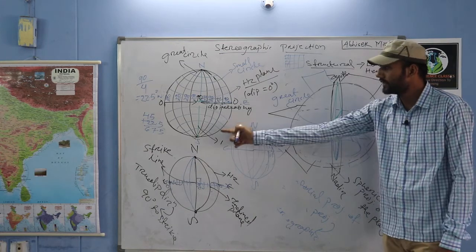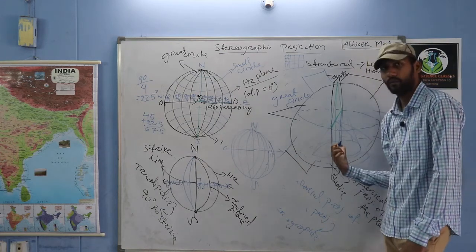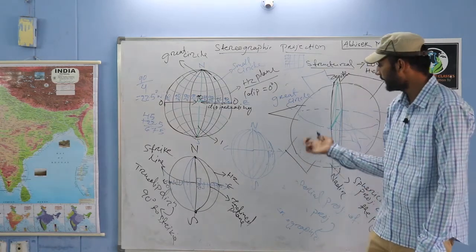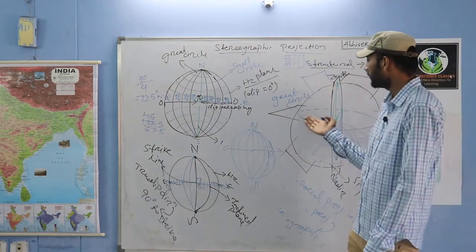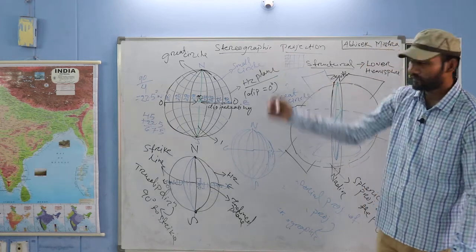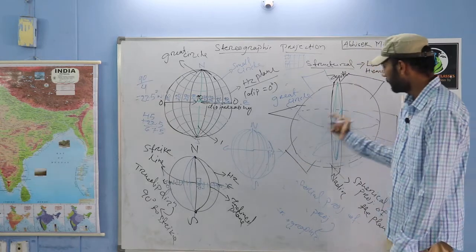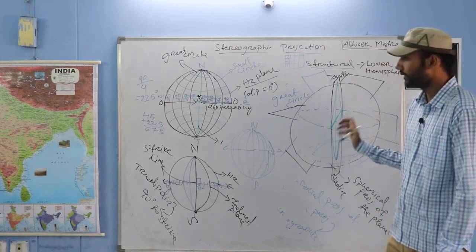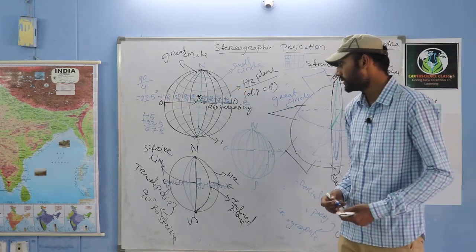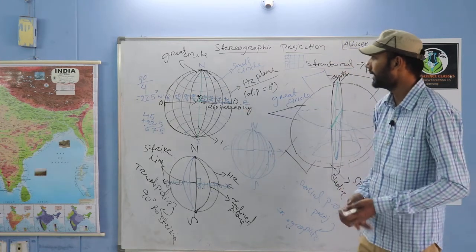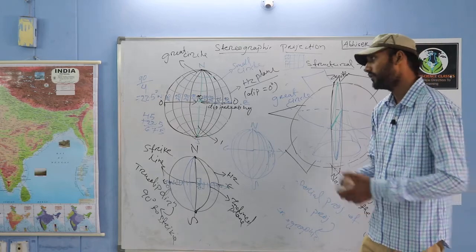The great circles are obtained by the intersection of a plane with the sphere and then projecting to the equatorial plane to get the stereographic projection. For small circles you have to pass cones. They will give you such small circles. So this is your equal area net. For the equal angle net we are using that